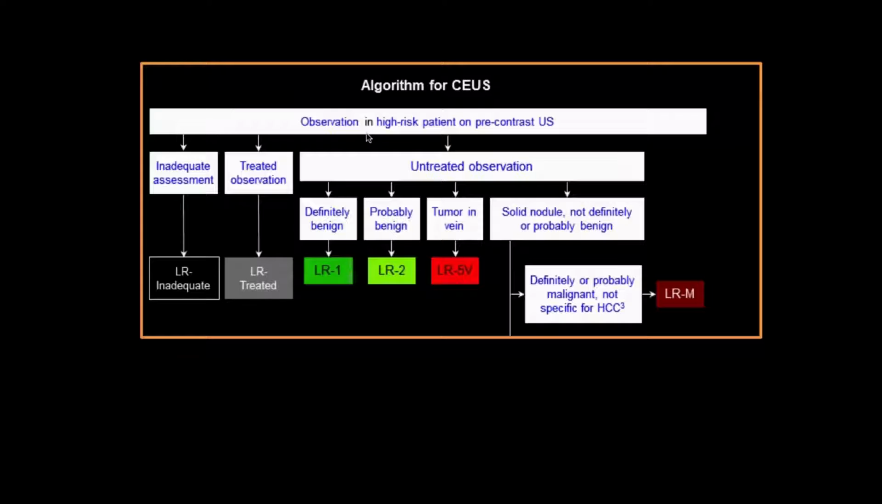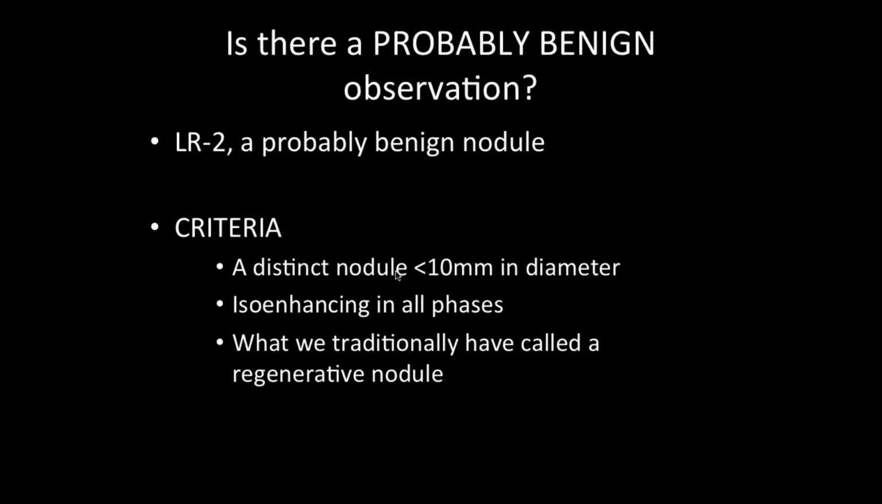So now we've looked at LR1. What is our next category? Well, this is a probably benign category, and it has very strict regulations. So is there a probably benign lesion? The criteria for this is that it has to be a distinct nodule less than 10 millimeters in diameter. It has to be isoenhancing in all phases, and so this is what we would traditionally have called a regenerative